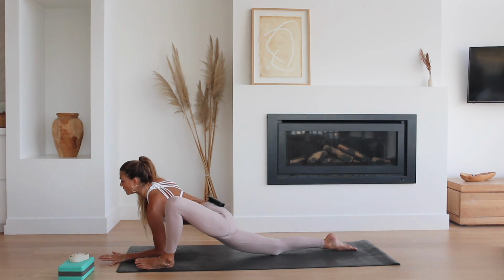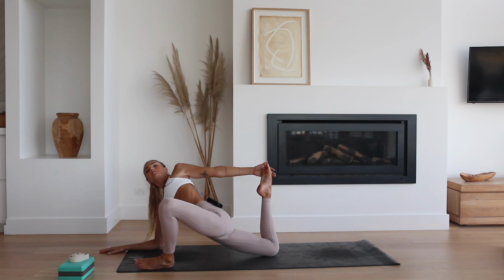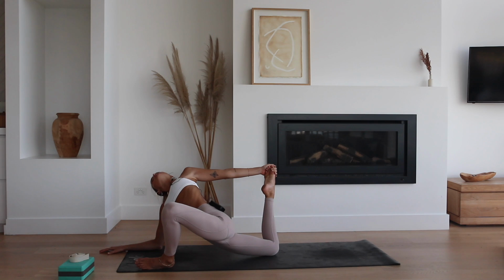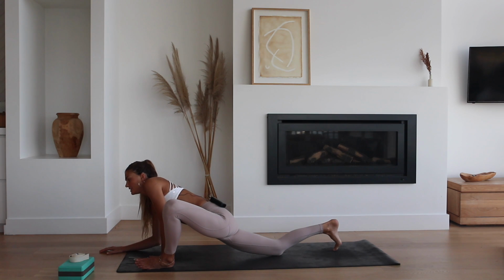Maybe you come down onto the forearms, continue lifting up through the heart space. Or maybe you bring the right forearm down, reach back with the left hand and grab onto the right foot. Opening up the heart towards the sky. And then using the breath to soften. If you've taken the bind, releasing the foot, planting the palms back up,